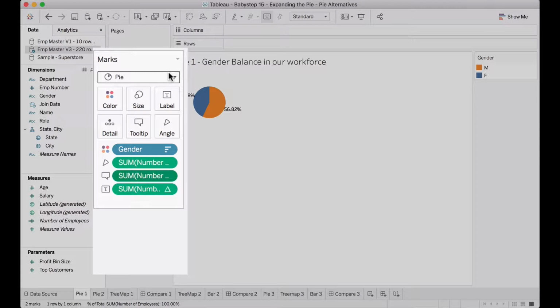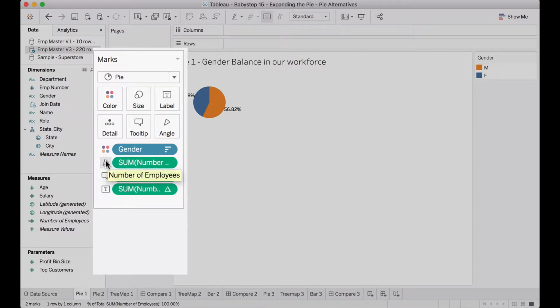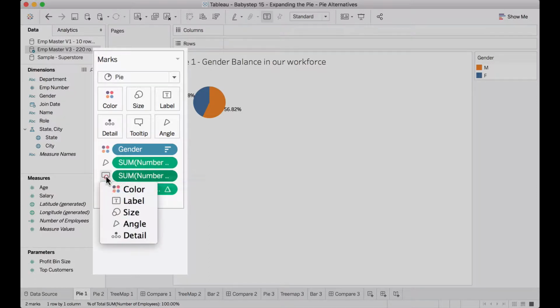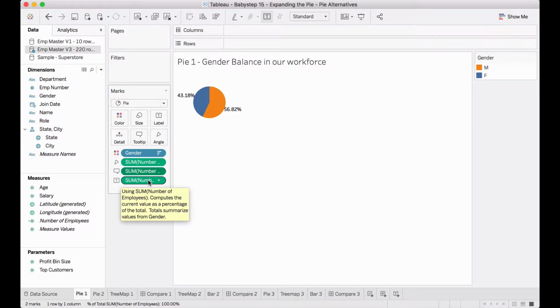And then if you see here, I've placed gender on color, so there is a breakup, and they have different colors, so it makes sense. And then this is the icon for the slice, which is this angle. So for angle, we have the sum of number of employees, and then this is for the tooltip, and then this is for the text label. So these are the things that are going on. There's a calculation which shows you the percentage of total, a table calculation. Yeah, so now let's empty this out,